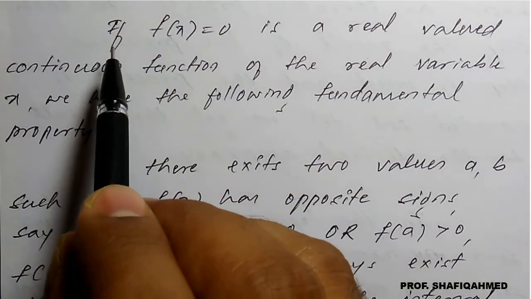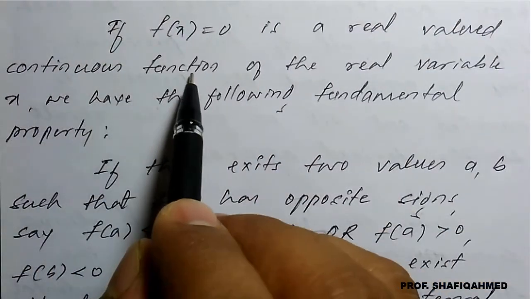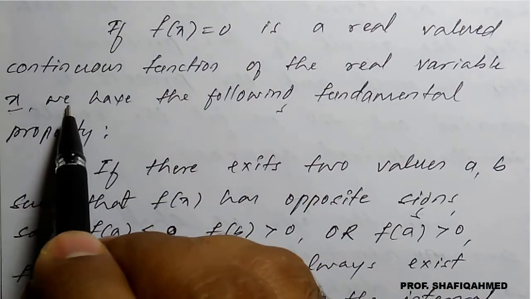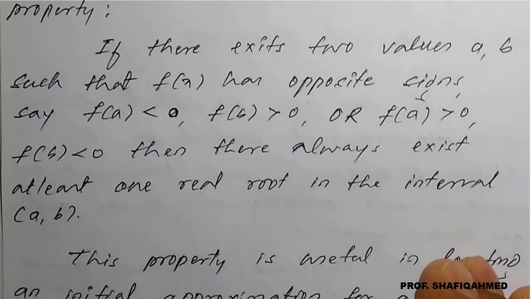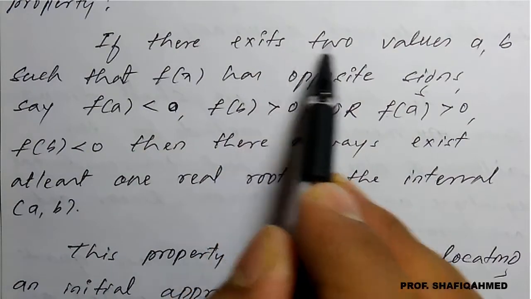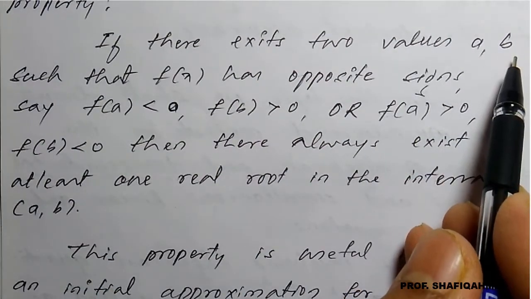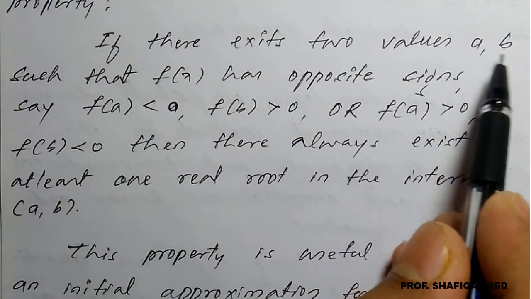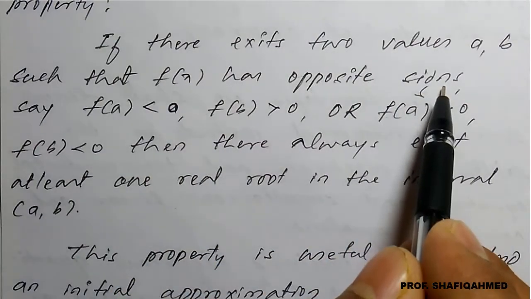If f of x equal to 0 is a real valued continuous function of the real variable x, we have the following fundamental property. If there exist two values, small a and small b, such that f of x has opposite signs,